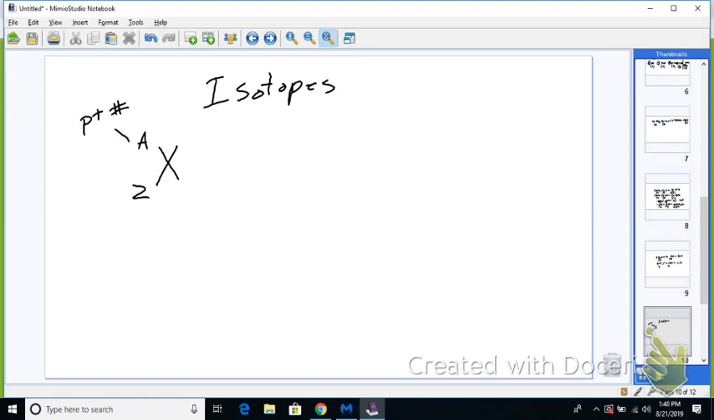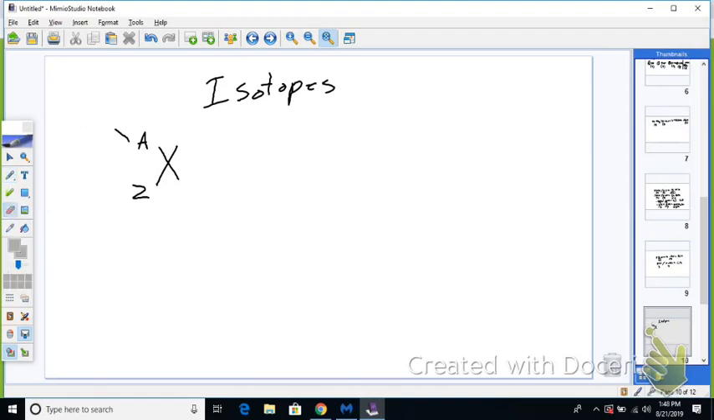and then no, I'm sorry, got that mixed up. This is the mass number up there. So this is the bigger number. So this would be the mass number up here. And then this is the number of protons